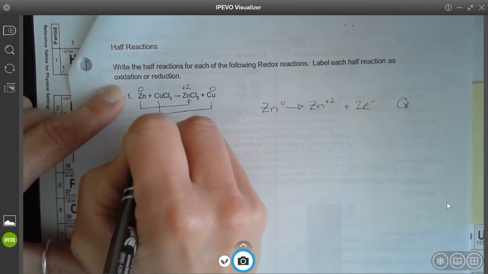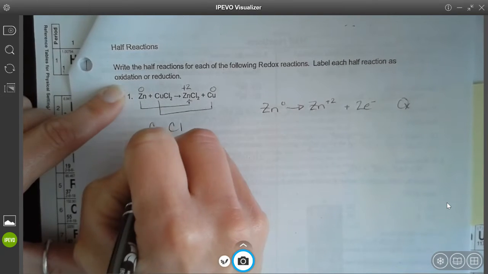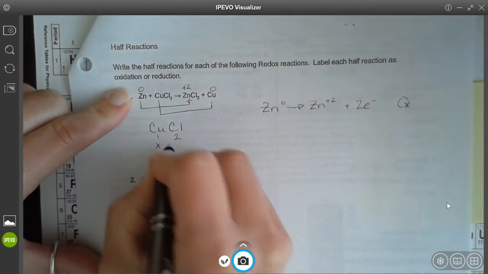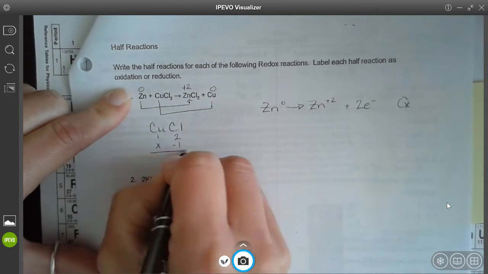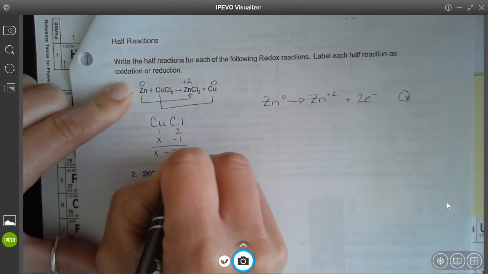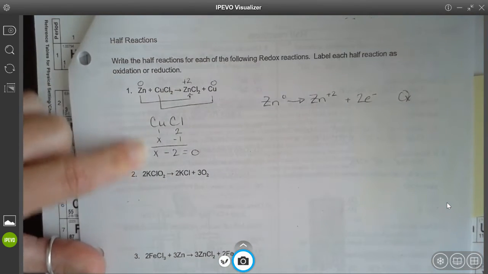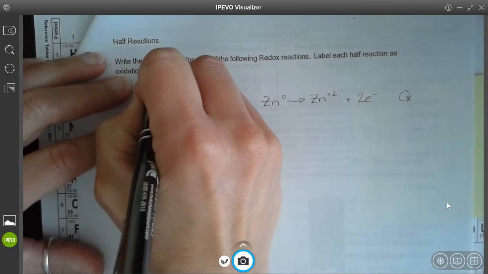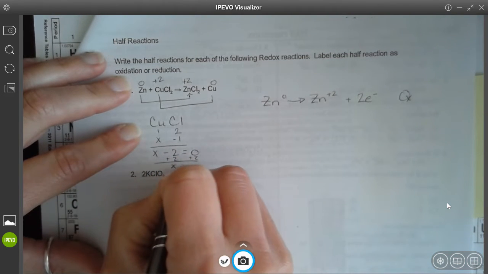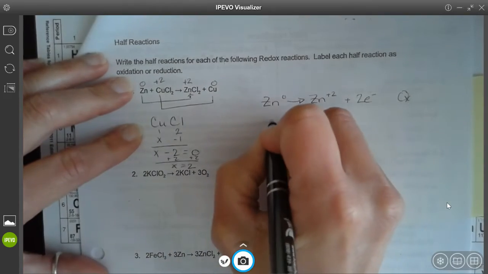Okay, it looks like copper's also changing. We don't know the charge of copper. Copper can be multiple options. So we do our little table. X minus 2 equals 0, which means copper will be a +2 because we add 2 to both sides. So copper